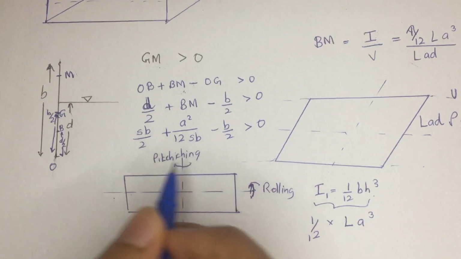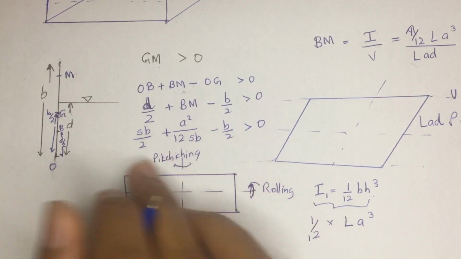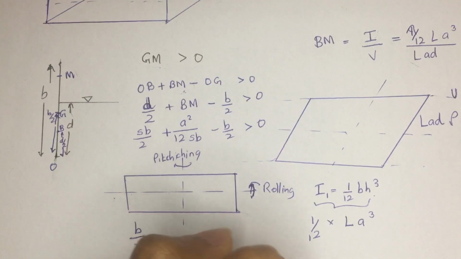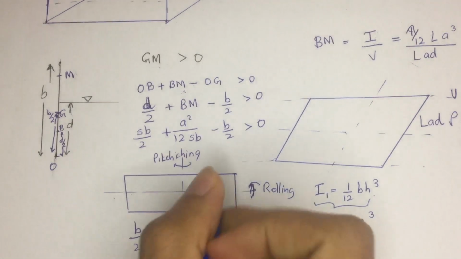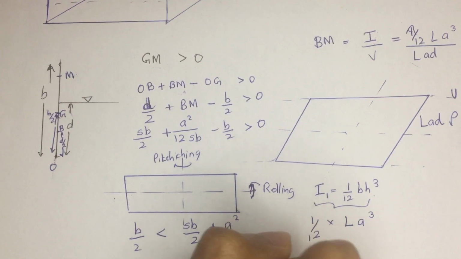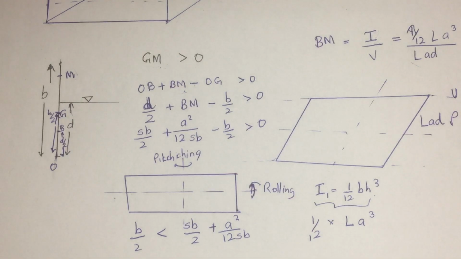We can take these B parts in one side, B by 2 less than SB by 2 plus A squared over 12 SB. And the next part is we are going to take,